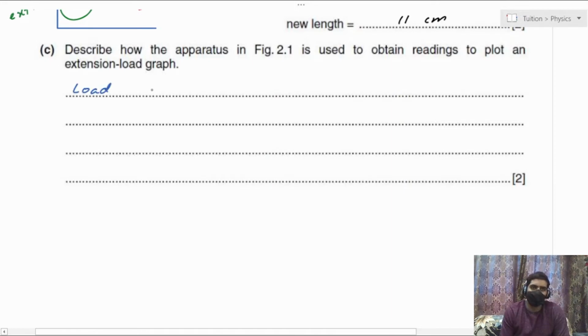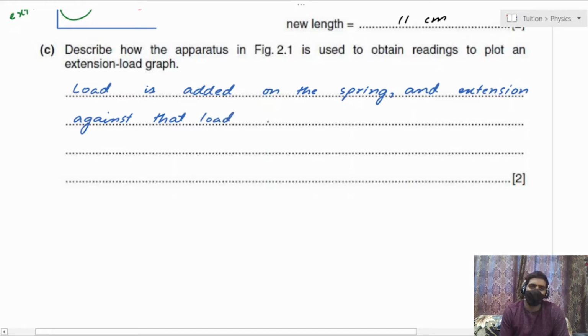Load is added on the spring and extension against that load is obtained,